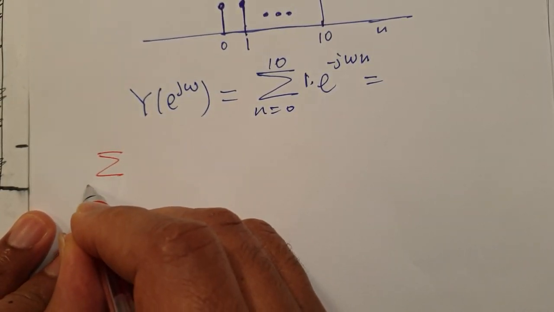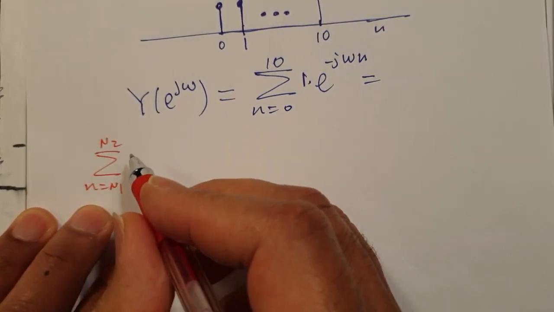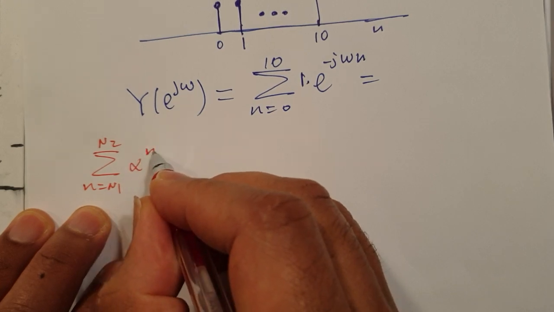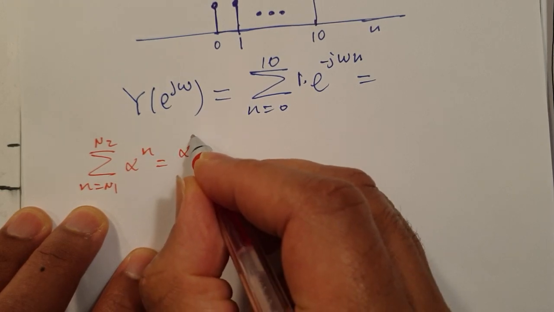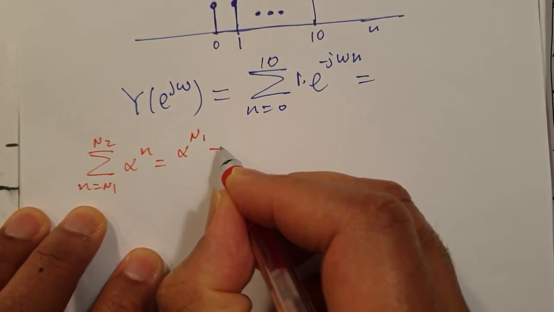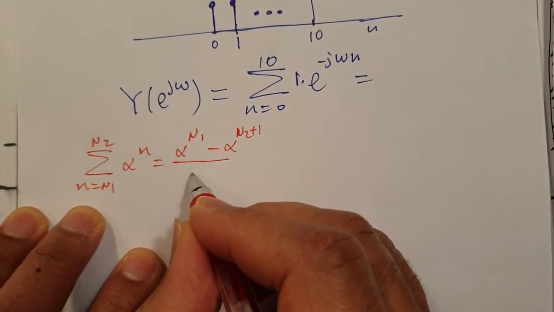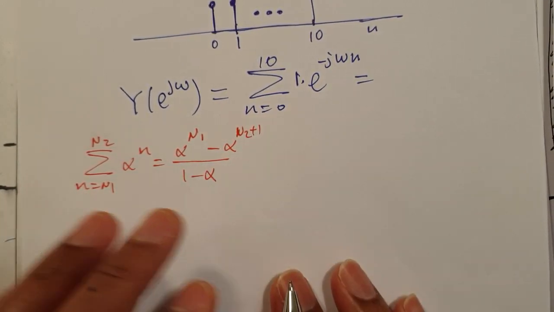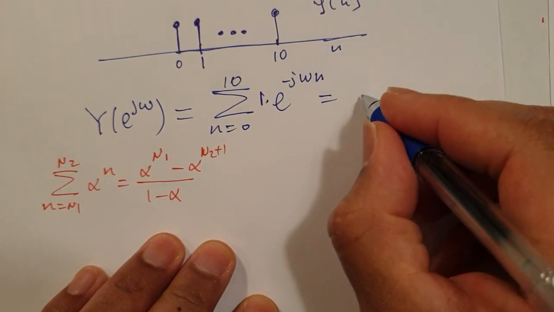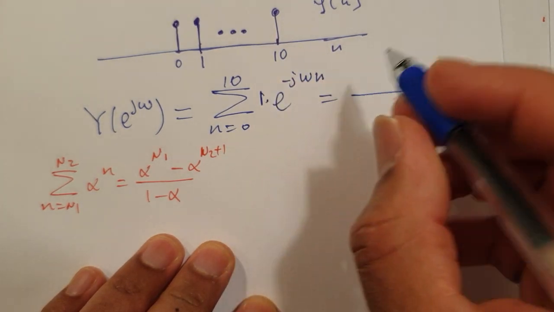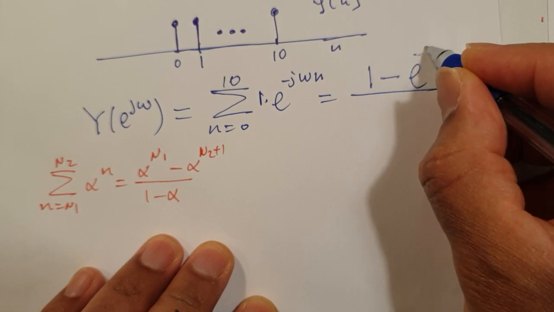It's the sum for n. We learned that this is equal to alpha to the lower limit minus alpha to the upper limit plus 1, divided by 1 minus alpha. So this is what we can apply in this simple example. This will be equal to, the lower limit is 0, so this to the power of 0 will be 1, minus it to the power of